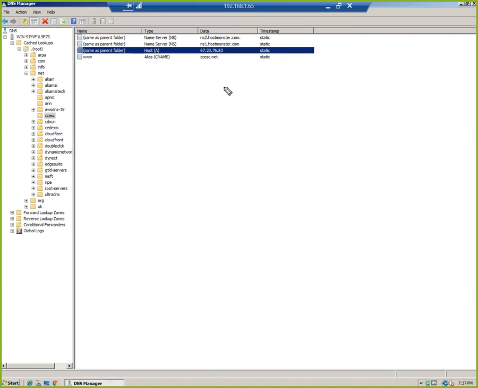If it's not, we have the root here, the dot. Underneath it, we have, we'll just say, the com. Well, let's do net because we'll do LeaderQuest maybe. Under net, we would have maybe LeaderQuest, and then we would maybe have the server that was listed in here. So if we wanted to go to www.leaderquest.net,